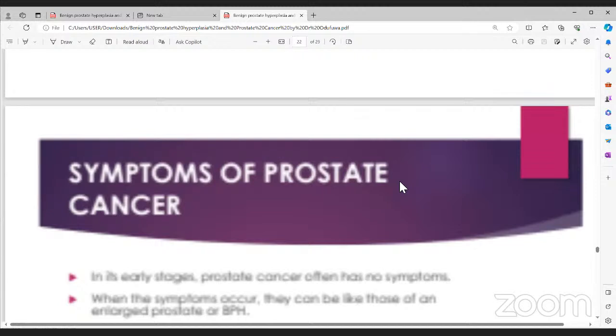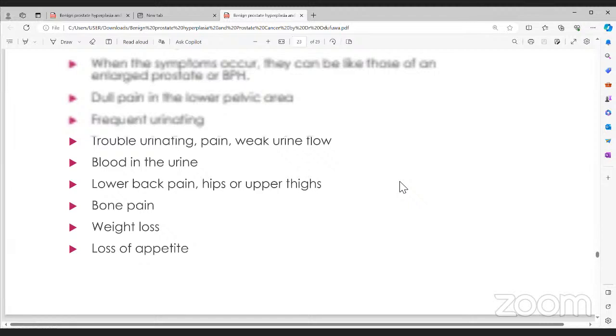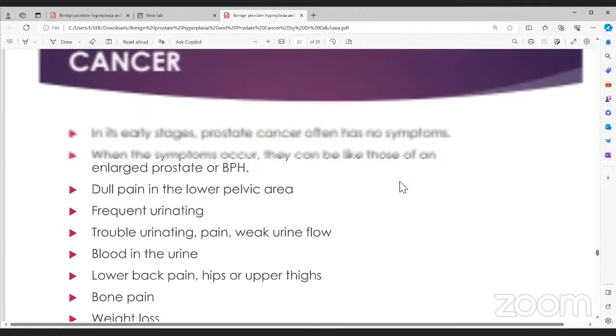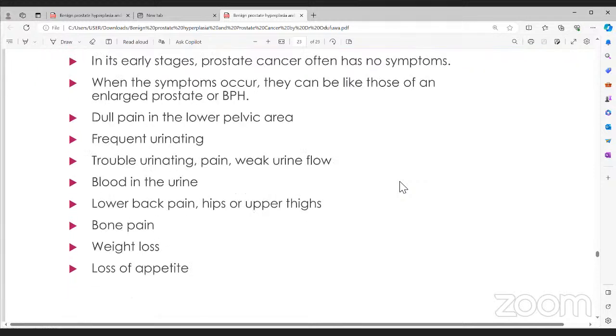So what are the symptoms of prostate cancer? In addition to the initial symptoms that I explained, people with prostate cancer in early stages usually might not have any symptoms. But when the symptoms occur, they look like the symptoms I've explained earlier: difficulty with passing urine, the frequency, the urgency. And in addition to that, you can see blood in the urine, and also the symptoms